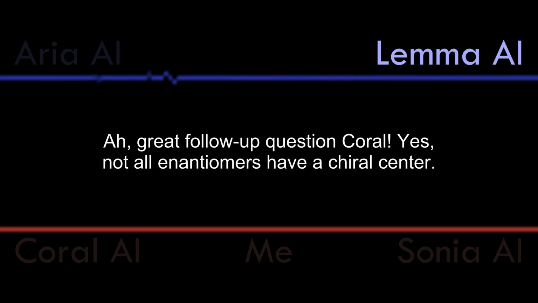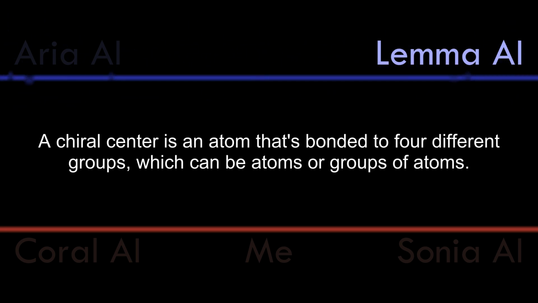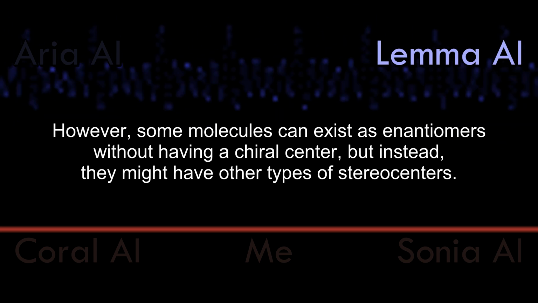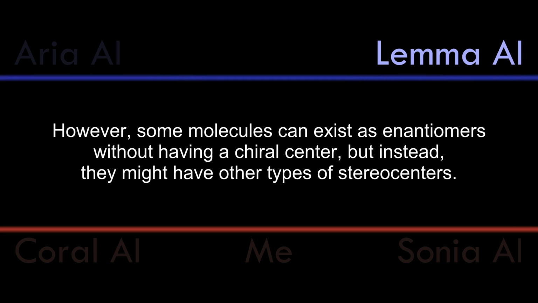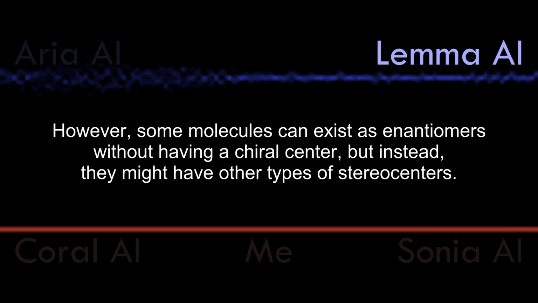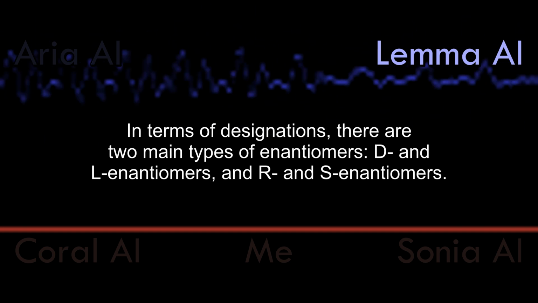Great follow-up question, Coral. Yes, not all enantiomers have a chiral center. A chiral center is an atom that's bonded to four different groups, which can be atoms or groups of atoms. However, some molecules can exist as enantiomers without having a chiral center, but instead they might have other types of stereocenters. In terms of designations, there are two main types of enantiomers: D and L enantiomers and R and S